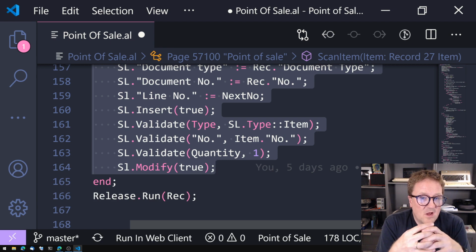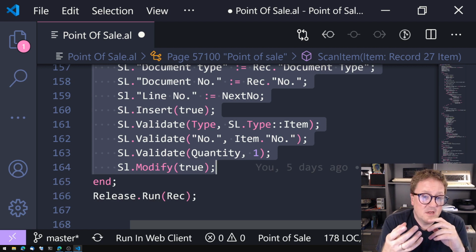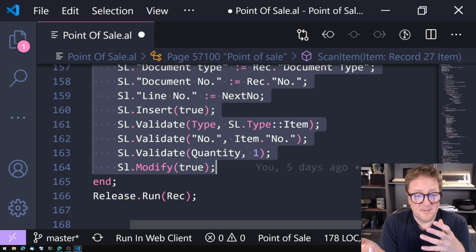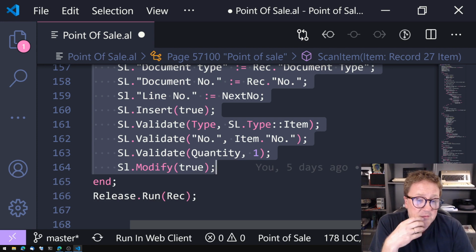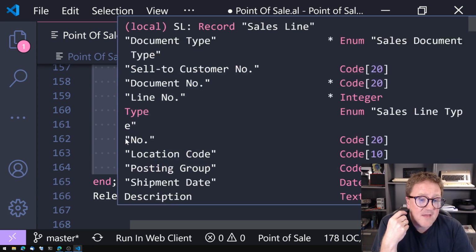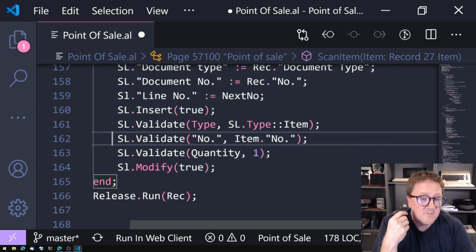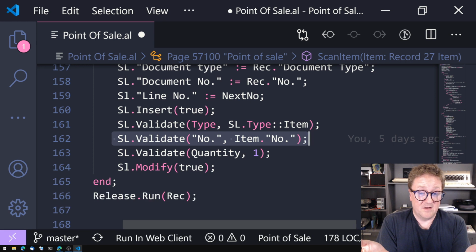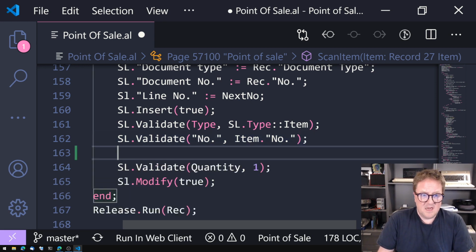This has a lot of benefits, and with Business Central, it's even more important than it was in Nav, because you're not necessarily living inside a vacuum. So I don't know. When I'm writing this code, I have no idea if somewhere there is a subscriber to the OnValidate event. So if I wrote instead of this, if I wrote